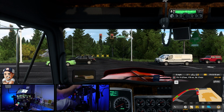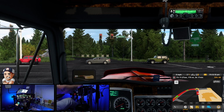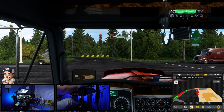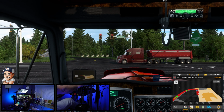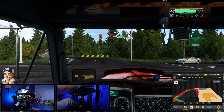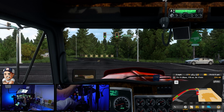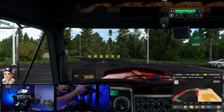So yeah, if you're on a budget, check out my link tree. I do have budget setups listed right at the top of it, and they are from Moza Racing. They have some pretty decent stuff. I don't like recommending stuff that I haven't used, and I have not used their stuff, but a lot of people do. And I don't see many complaints about it, so...